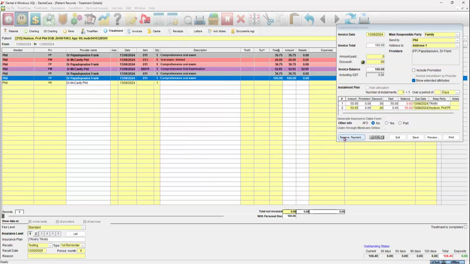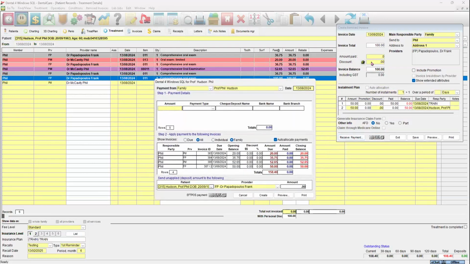Okay, so the HICAPS has paid $50. The patient is due to pay $50. Now, you can apply a discount in this invoice window here. However, if you're wanting to give a percentage discount, this will not apply the percentage for you. So either you can figure out the percentage gap and apply the discount, or when you click your receive payment,